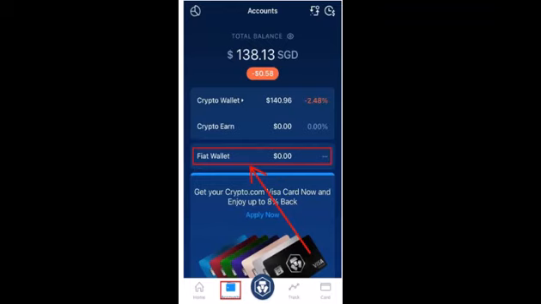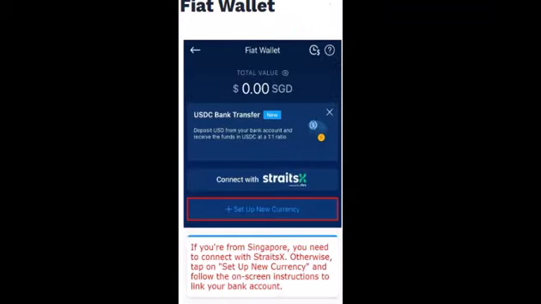So once you're logged into your account, tap on account, which is right at the bottom. After you tap on account, on the next page you have this kind of interface. So over here you need to select Fiat wallet. Moving on, now you have to set up your Fiat wallet. So then tap on set up new currency, which is right at the bottom, and then select the currency type